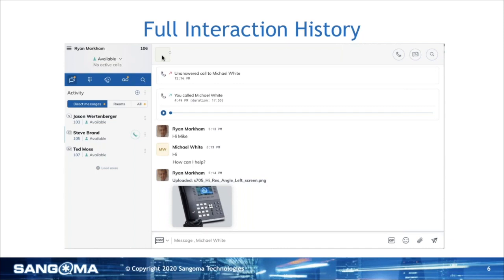If I have permission, I can push that play button and listen to recorded call history, playback call recordings directly from within my Zulu client. You'll also notice that there is a chat feature baked into Zulu as well. So you have internal instant messaging and the ability to interact with your team members on a direct message basis.